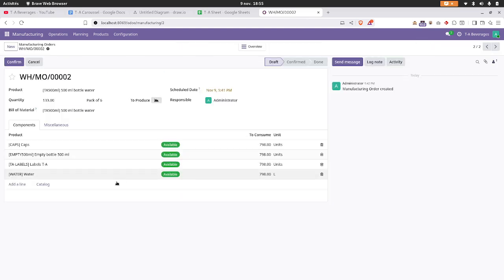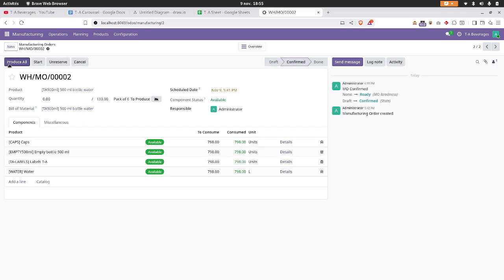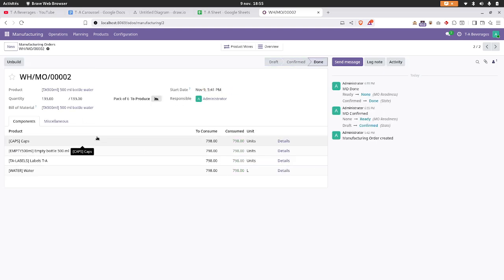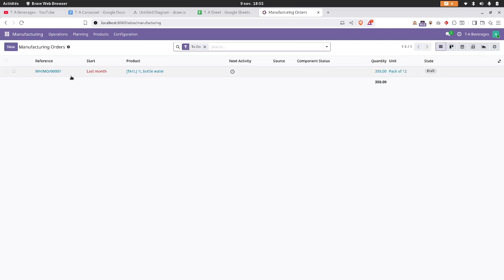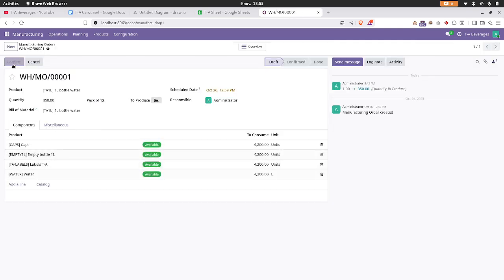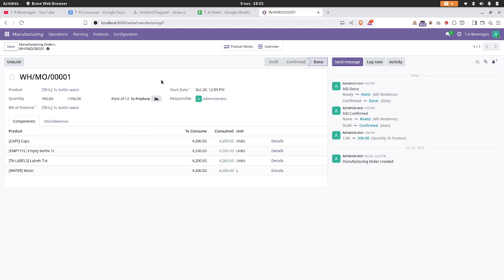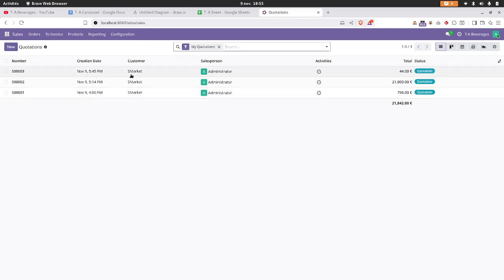And then let's produce the 5 milliliter. You see, everything is available. We will just confirm, produce all, and that's it. Then we come to bottle water, confirm, produce all, and that's it. We have our products already manufactured, and we come here now to our